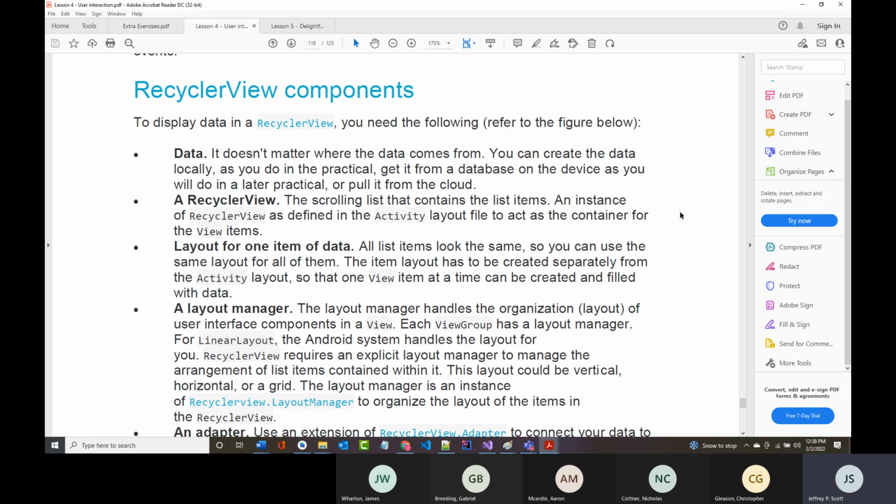And I will tell you that when we did this last year, and it was Keegan and Angie in the class, neither one of them, even by the end of it, really had a liking for Recyclerviews, because there's a lot you have to do in order to get them to work. All right. So the first thing is, it says there is data, which can come from anywhere. So, for instance, last year we did this thing, and I think I either showed it to you or told you about it,